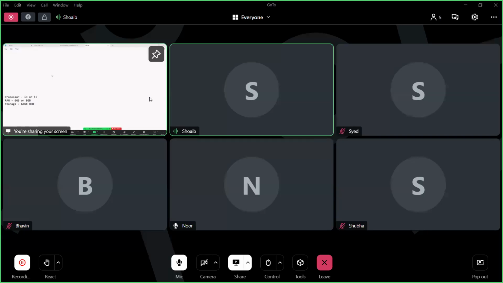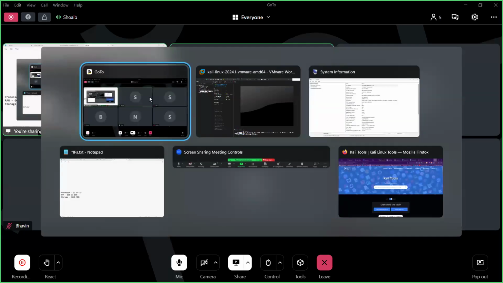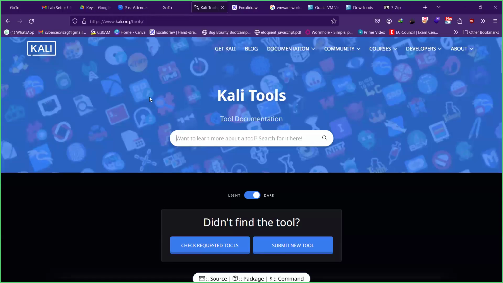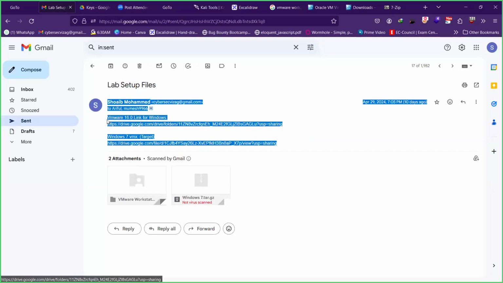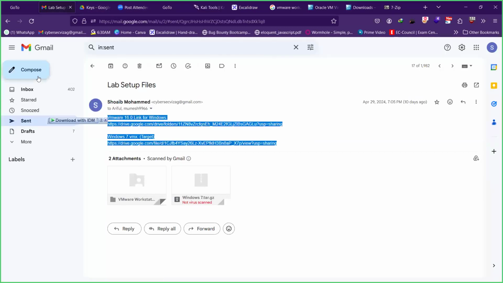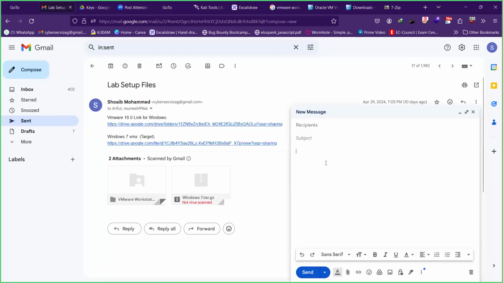So that's that, guys. A brief intro. Again, this can act as a demo for you to understand how to perform the lab setup. One last thing, please drop your emails in the chat box, guys, so that I can share these files with all of you. And you can perform the installation of this whenever time permits.